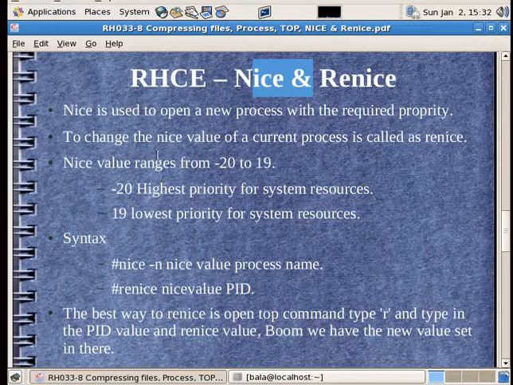The nice value ranges from -20 to +19. If we give -20, it will assign the highest priority. If we assign +19, it will assign the lowest priority for that system.